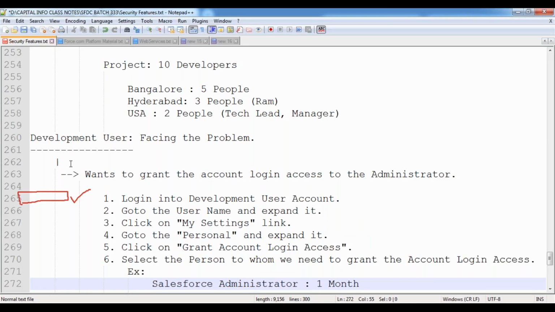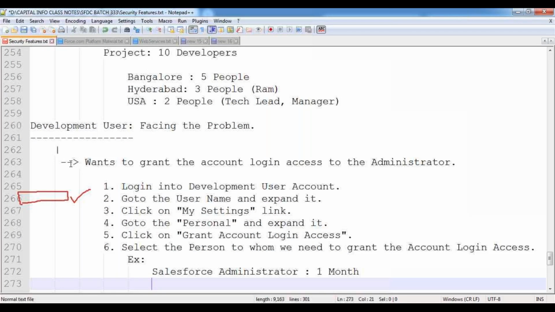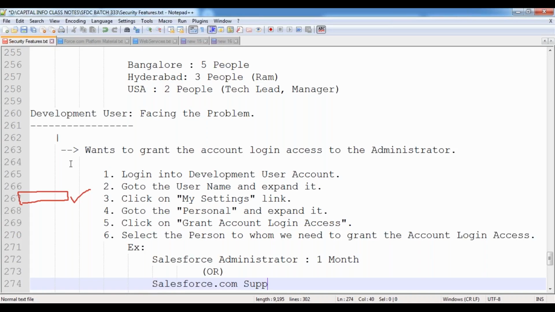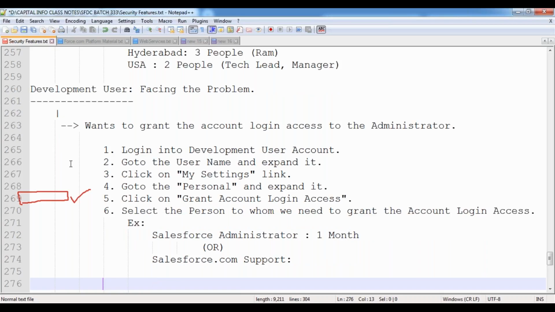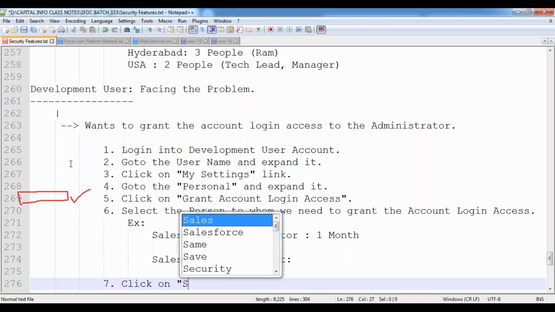Or you can grant the account login access to Salesforce.com support people also, depending upon your application requirement. And then click on the Save button.